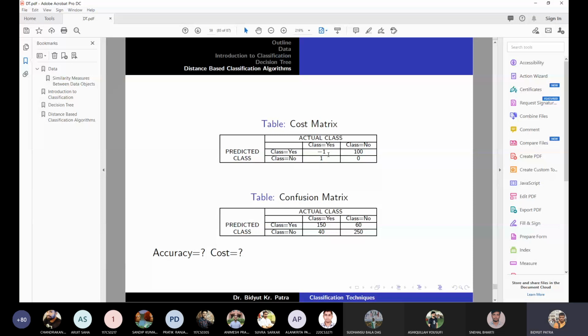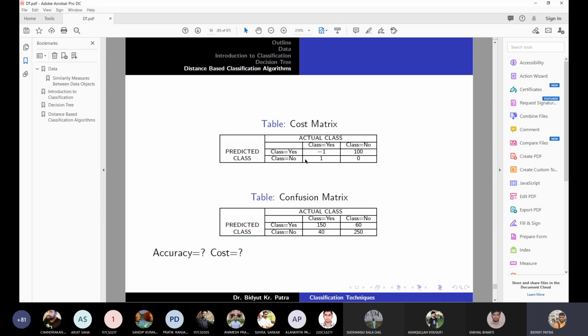So it is the same confusion matrix here, but we have a scenario. If we wrongly identify a non-corona patient as a corona patient, then the penalty is, let's say, 100. And if it rightly identifies, so it is negative, negative means the penalty is not there actually. So this value indicates that this is the penalty value.